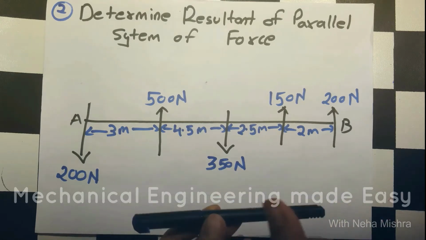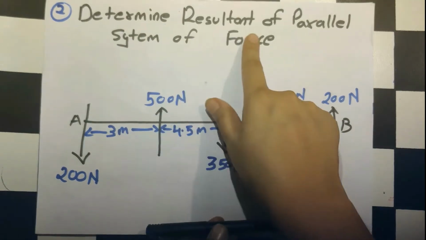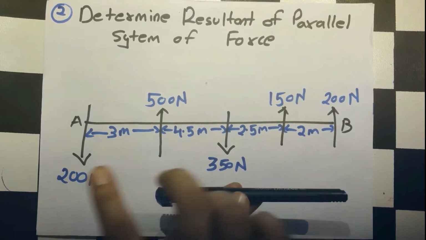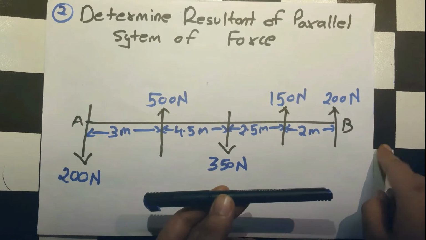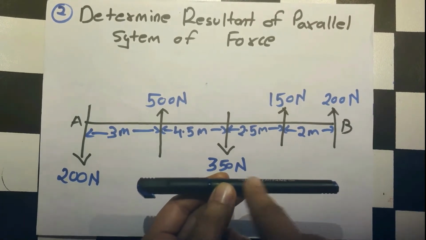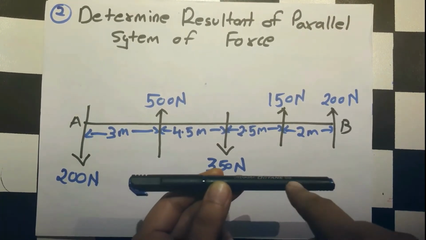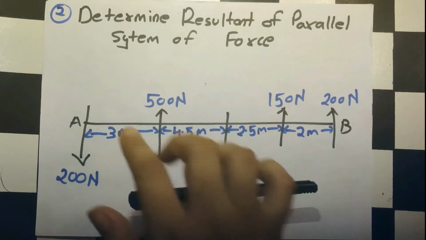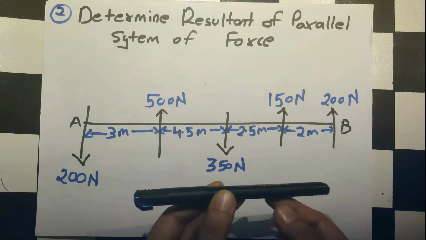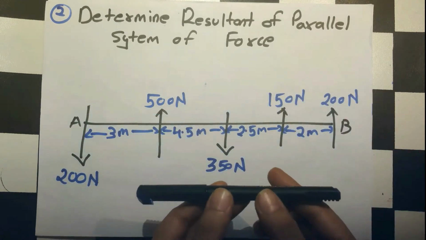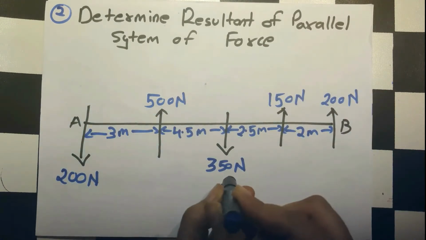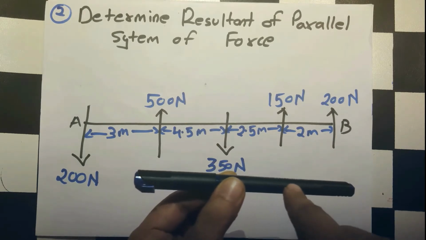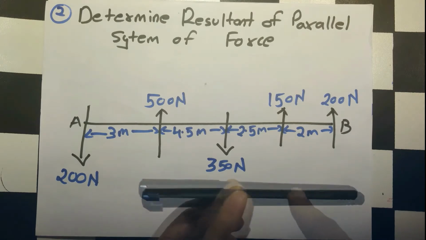Okay. Now what we have to do is find the resultant of this parallel force system such that instead of applying all these forces, if we apply only that force at a particular distance on this rod, it will give the same effect as it was giving before applying all these forces. Okay? With all these forces, it was going in this direction, not in that direction. So our resultant force should also give this direction.